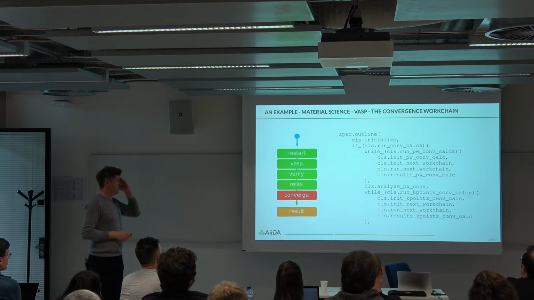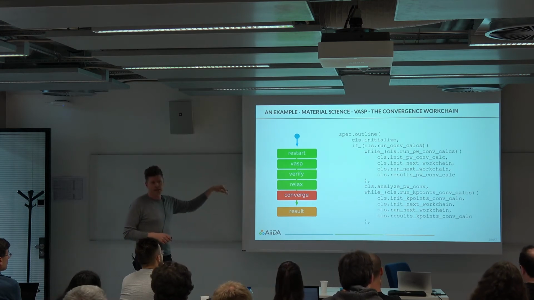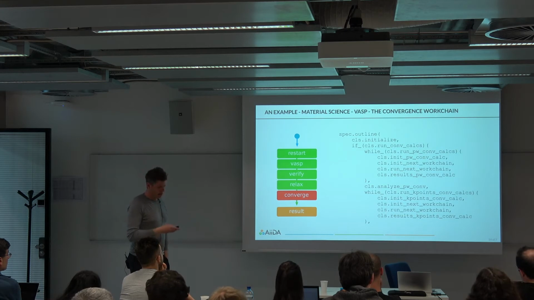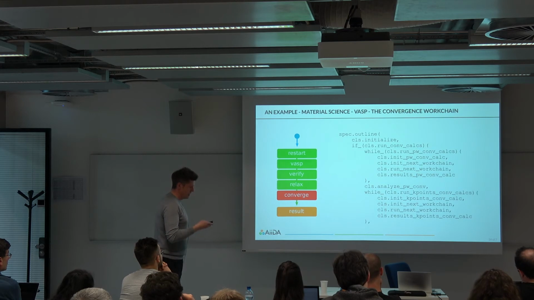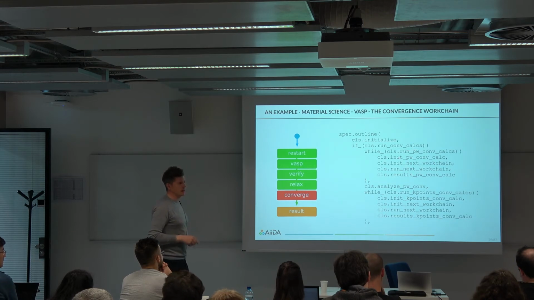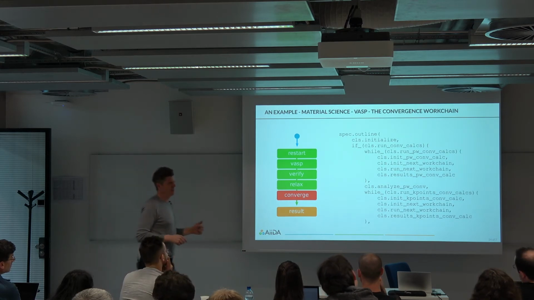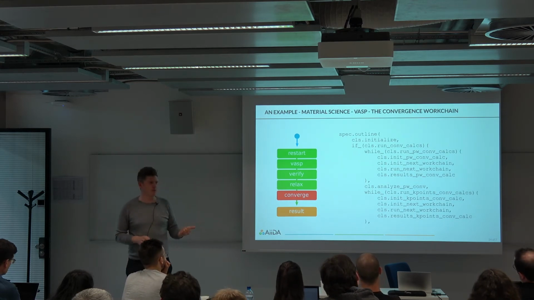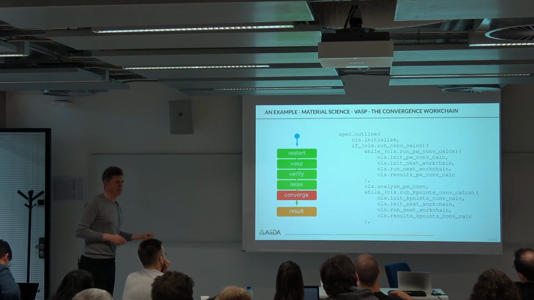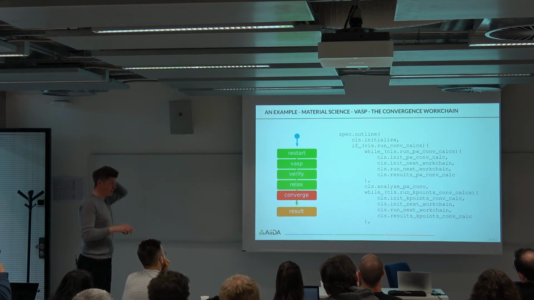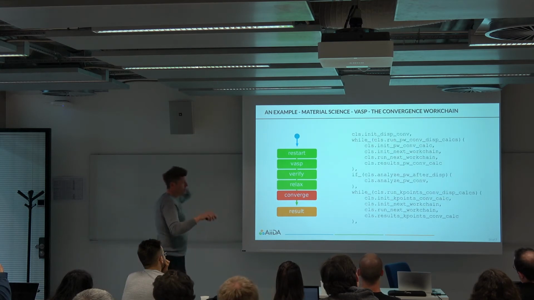So let's look a little bit at this workchain, because you already worked a little with this outline. This is probably a little longer than the stuff you've seen until now. I'm not going to spend too much time on it. Basically, first we do a plane wave convergence. That's what you need to do first, because you have a better understanding of how your k-point grid is supposed to be, as opposed to the plane wave cutoff. So you do that first, and then the k-points. Here we only do the displacement and